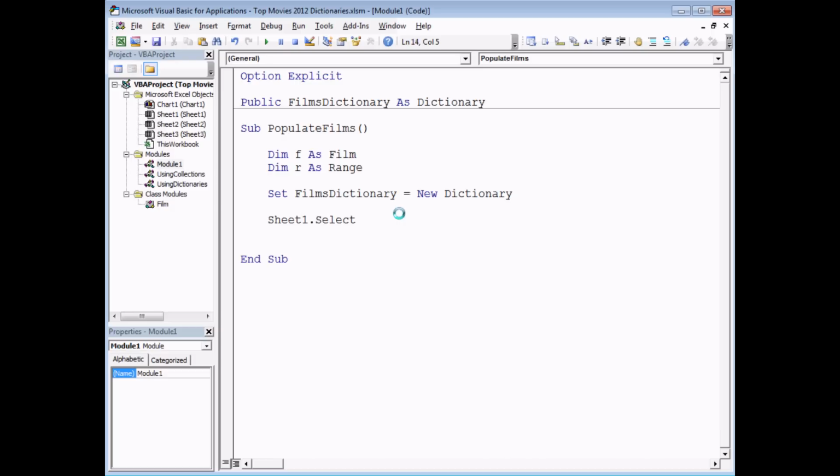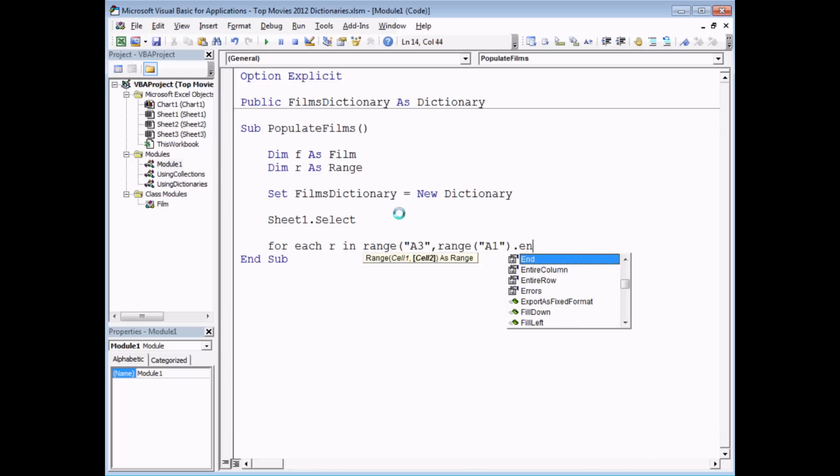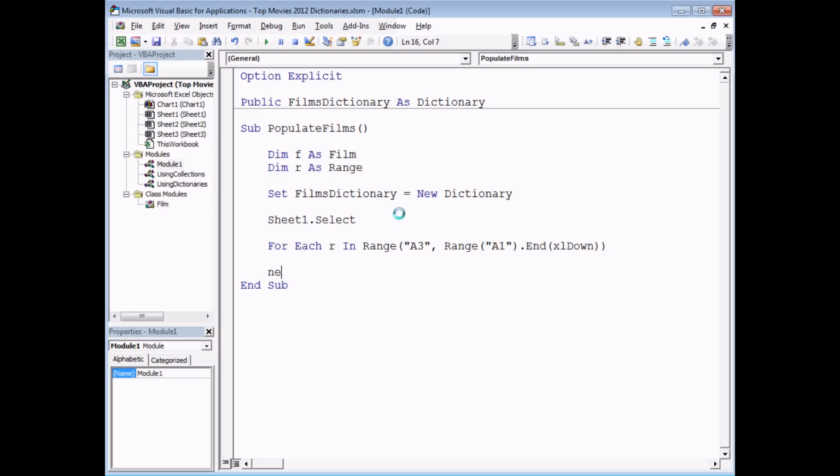and then I'm going to loop over the range of cells in column A, or the populated cells in column A. So I'm going to go for each R in range, and the top cell that I want to start looping from is cell A3, and the bottom cell that I want to loop to is from range A1 dot end XL down. I've used this technique in many of my other previous videos, so hopefully you'll recognise this code by now. I'll fill in the next R statement to make sure I don't forget to do that later on,